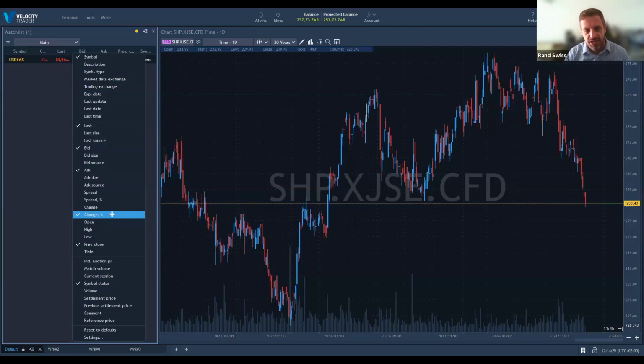Change percentage is basically just how much it has changed for the day. What was the previous close yesterday? I mean, you can choose one or the other. For me personally, I just take the change percentage for the day. Symbol status is just open, close. Basically,